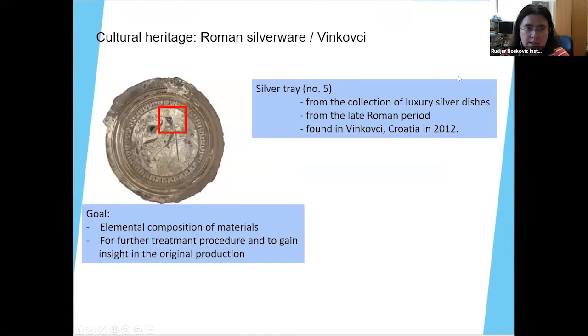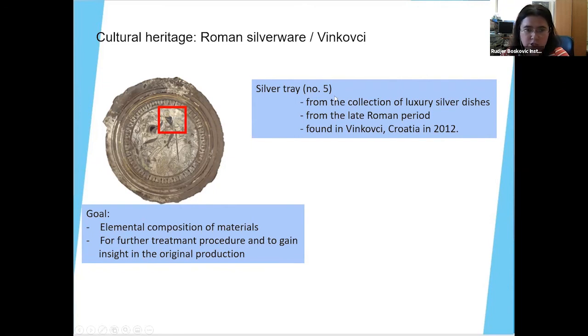Okay, so the next sample is one object, a silver tray, belonging to a collection of very luxurious silver dishes. And it originates from the late Roman period. These luxury silver dishes were found near the town of Vinkovci in Croatia in 2020. And this was just one sample in the series of different samples we received, like bowls, plates, trays